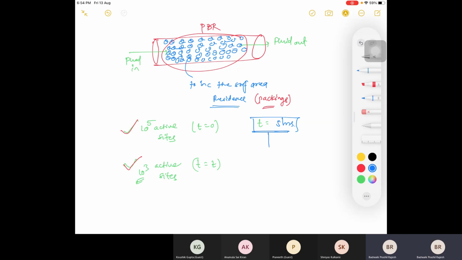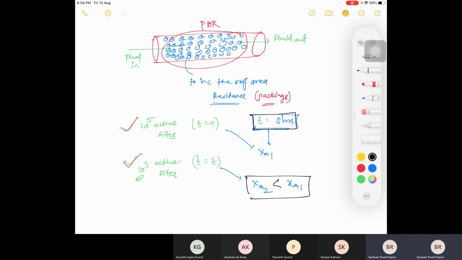Initially, suppose I am getting conversion XA in 5 hours. So what will be my conversion right now? Just tentatively, what can you tell? Time will be greater, yes. I'm asking about XA. So XA2 and XA1. For the same time, that was correct, XA1 will be more. I'm keeping this time as constant, right? So my XA2 will be lower, right?